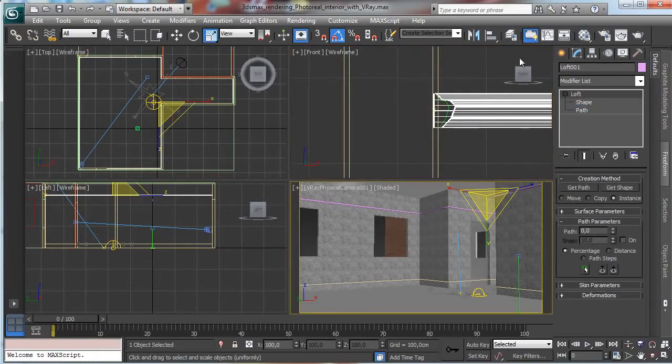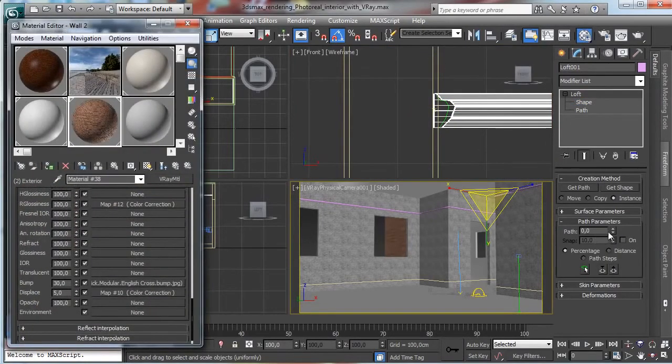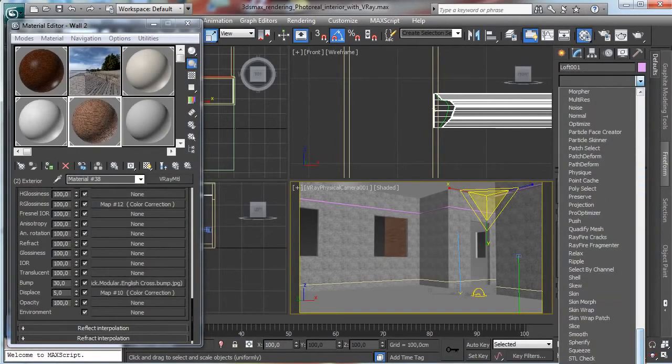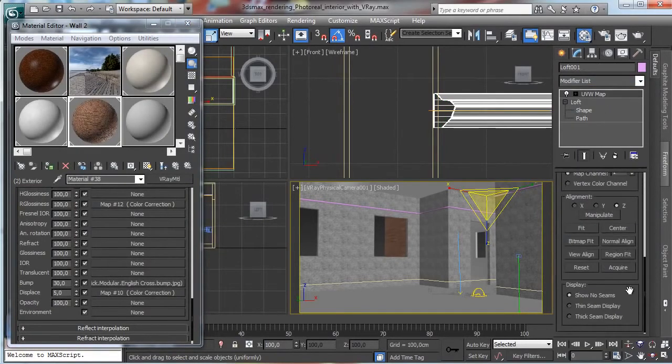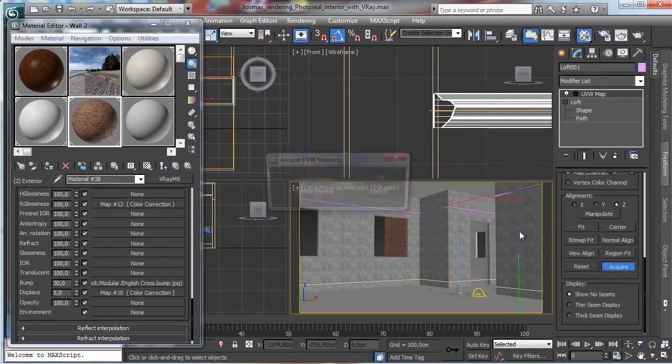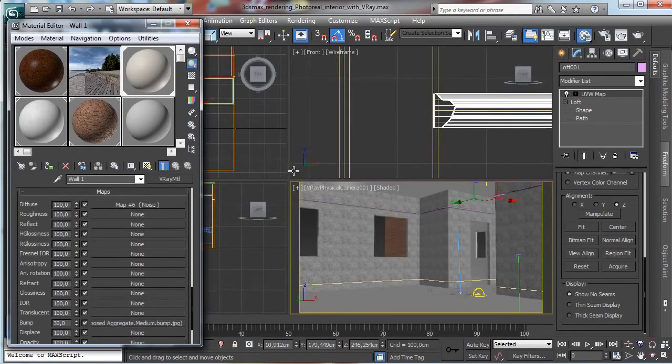Okay, this one has the same material. Let's use a new UVW map, and we say to acquire from there as an absolute map, and we use the same. Okay, nice. Then I like to do the same for the other, and the other one is on the